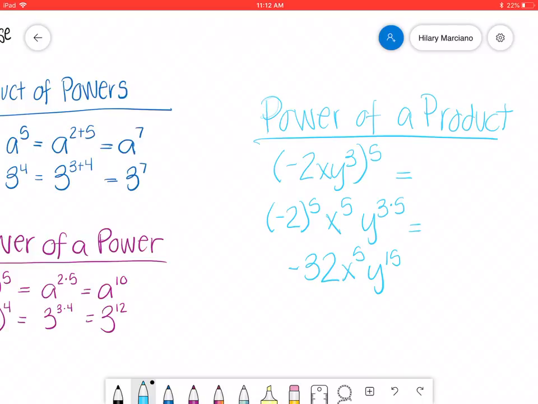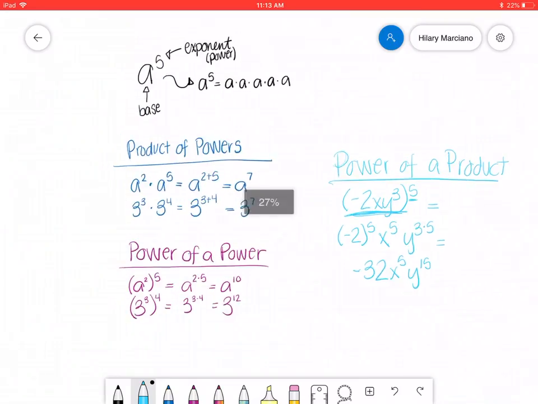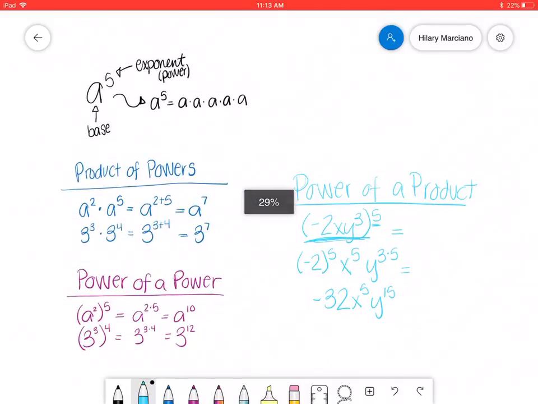So for our power of a product rule, we're multiplying each number inside our product by a power, which is our 5 up here. So each number, negative 2, x, and y to the third, is raised to the fifth power. And those are basically the three ways that we are going to multiply